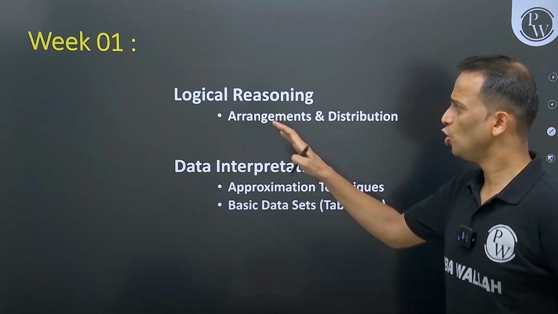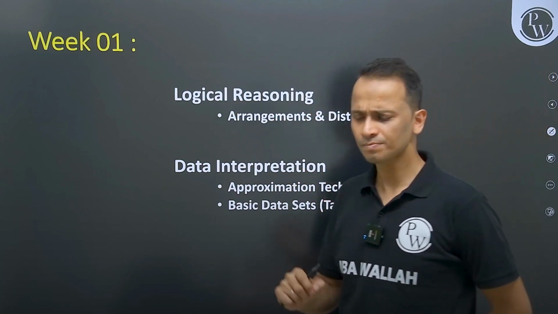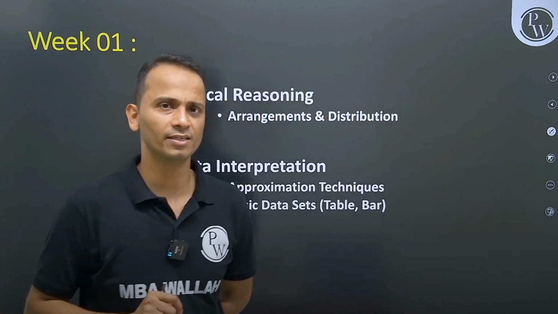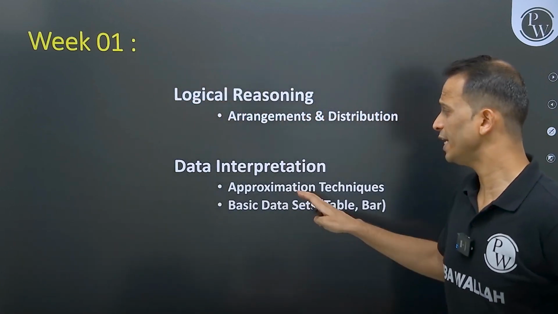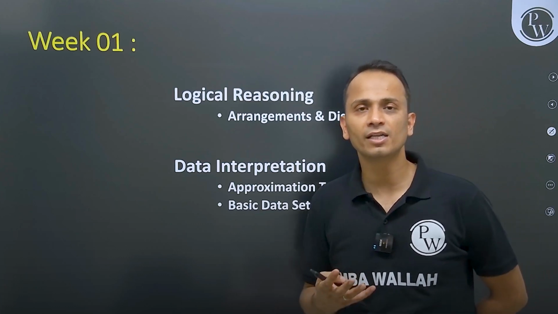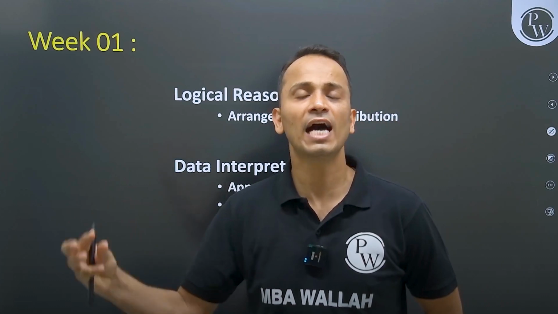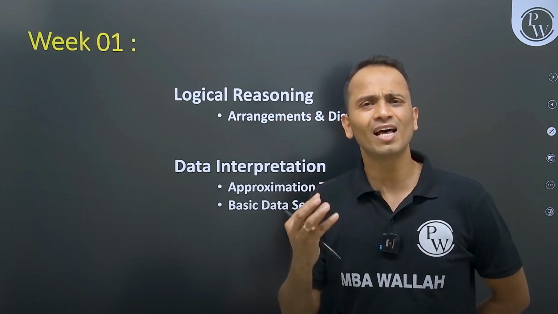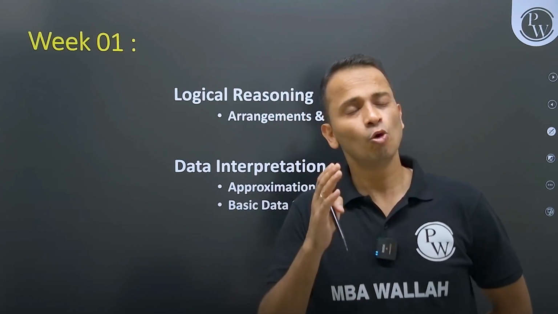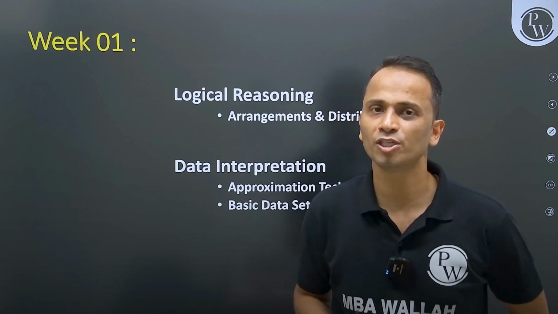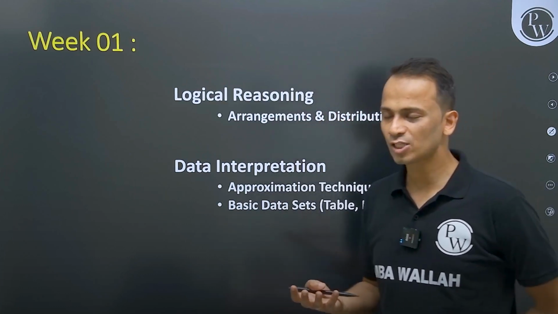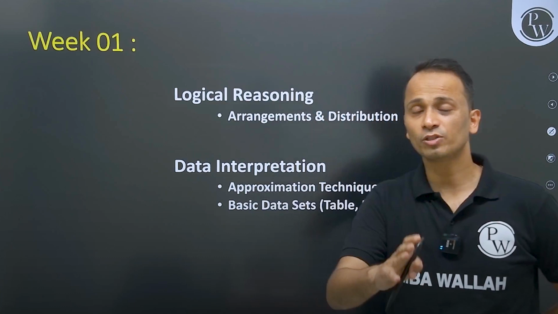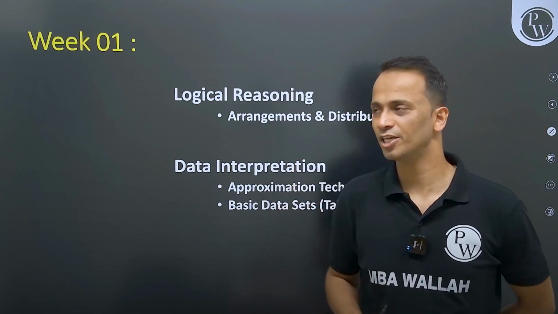Now to start with, logical reasoning and data interpretation, these two things must go hand in hand, right? Okay. Now for data interpretation, you require some understanding of percentages, especially like percentages, ratios, and averages. So these 3 things will be required in data interpretation. But to start with, you can have a little understanding of percentages, which will be taught to you in quantitative aptitude. So quantitative aptitude generally starts with percentages. So that's the first topic. So that will also help you in data interpretation, right?